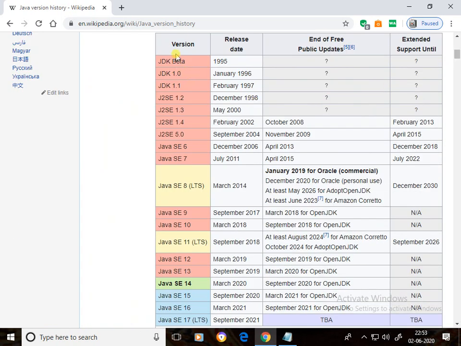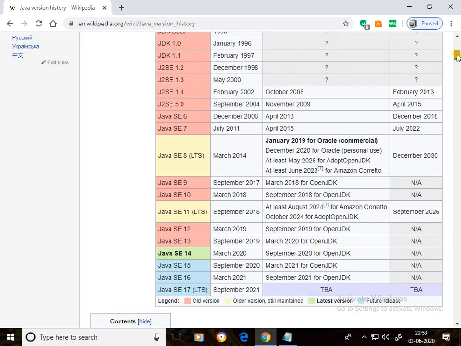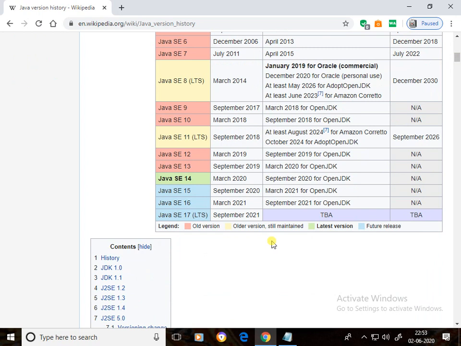Here are the version release dates. The Java Development Kit beta version was released starting in 1995. JDK 1.0 was released in January 1996, and so on. The present version, 14, was released in March 2020.